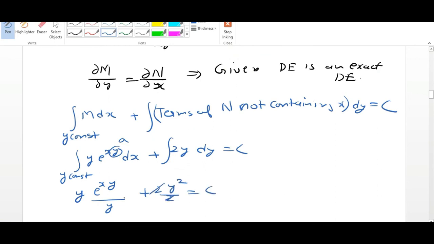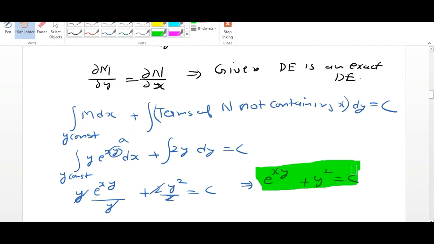So 2 will be cancelled with 2, y will be cancelled with y. So this implies e raised to power xy plus y square is equal to some constant c. So from here we find that the solution of the given differential equation is e raised to power xy plus y square equal to c. So I hope